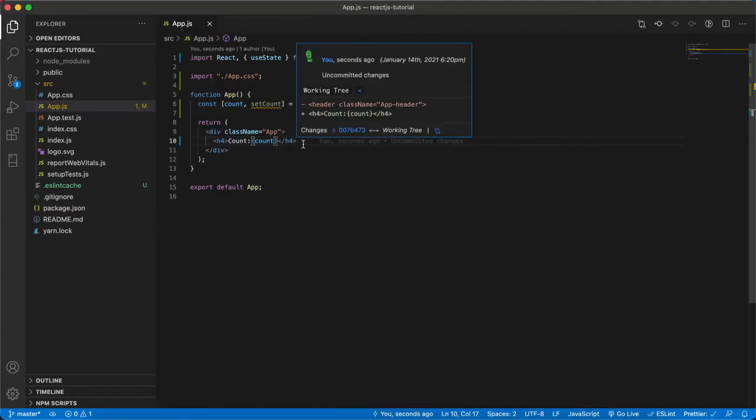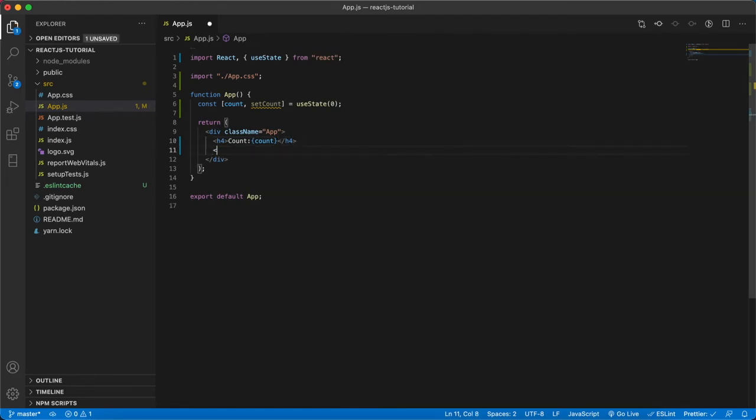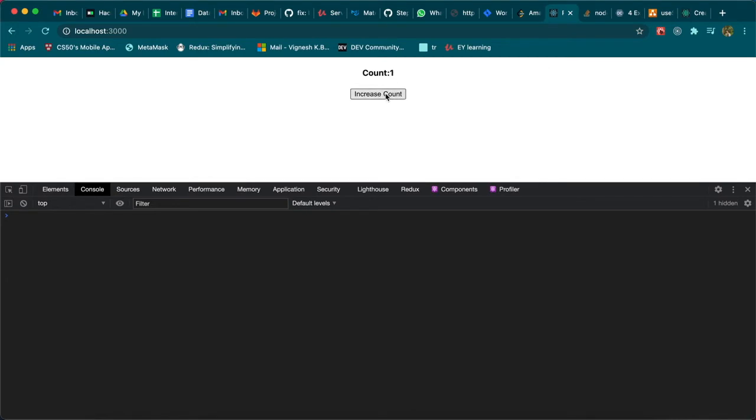The next thing we are going to do is add a button that says increment count, and it will have an onClick function. It will use the setCount function to increment the count of that particular count state. That is what I'm showing here. Basically this is a simple example I'm trying to explain, guys, of how this is going to work.